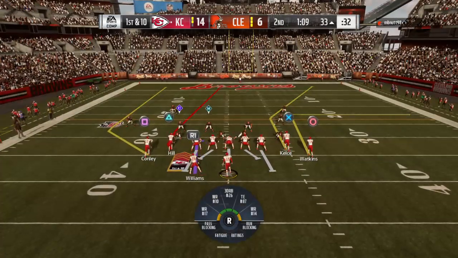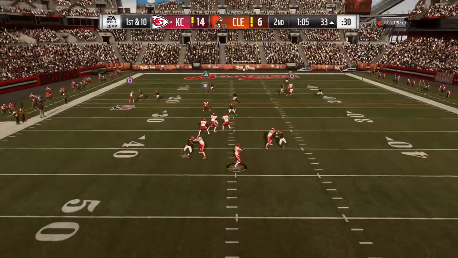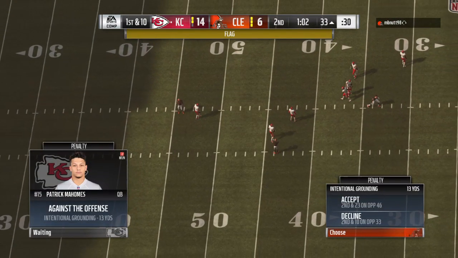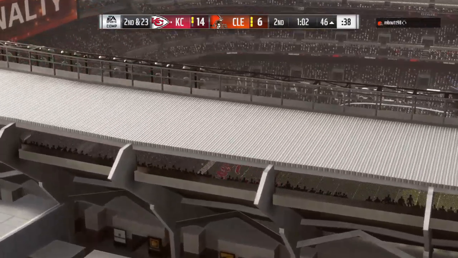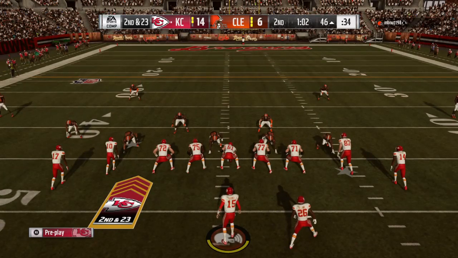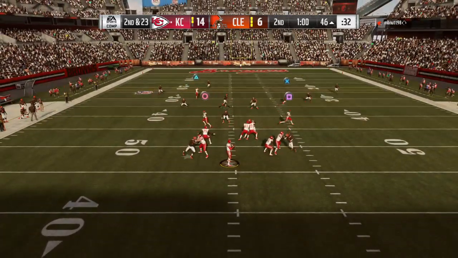Here's 1st and 10 just outside the 30. On 1st down, Mahomes. And that'll be incomplete. We do have a penalty flag down, however. Let's see what that's about. Clearly wasn't outside of the tackle box. There's your penalty. And accompanying that penalty, a loss of down. They lose the yardage, and, of course, they also lose the down on the grounding call, and it's quickly 2nd